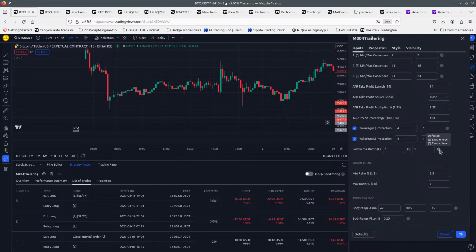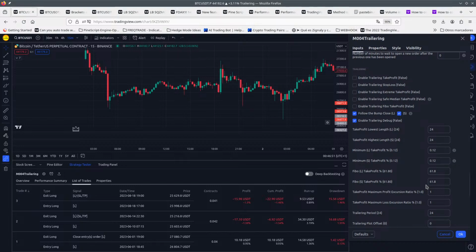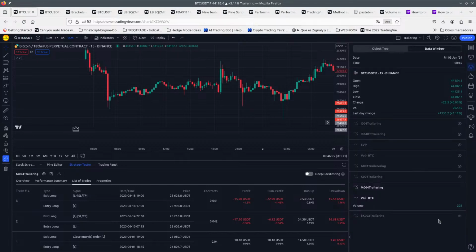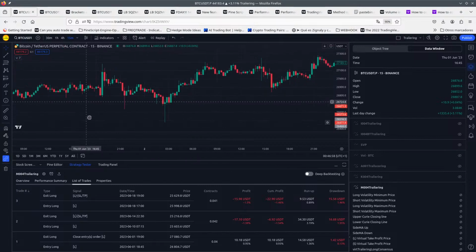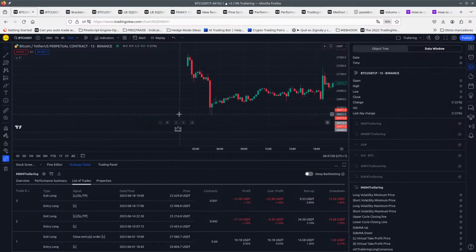Follow the pump. And there's also the close, follow the pump close. So here, in theory, we should be seeing